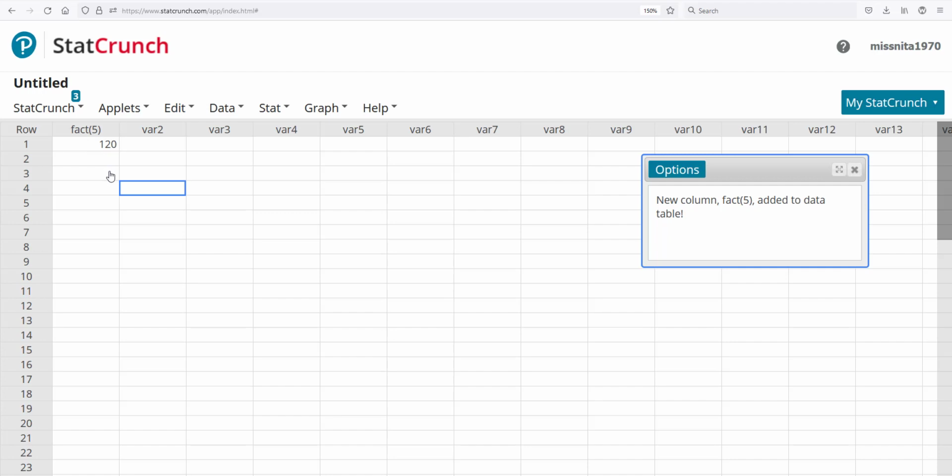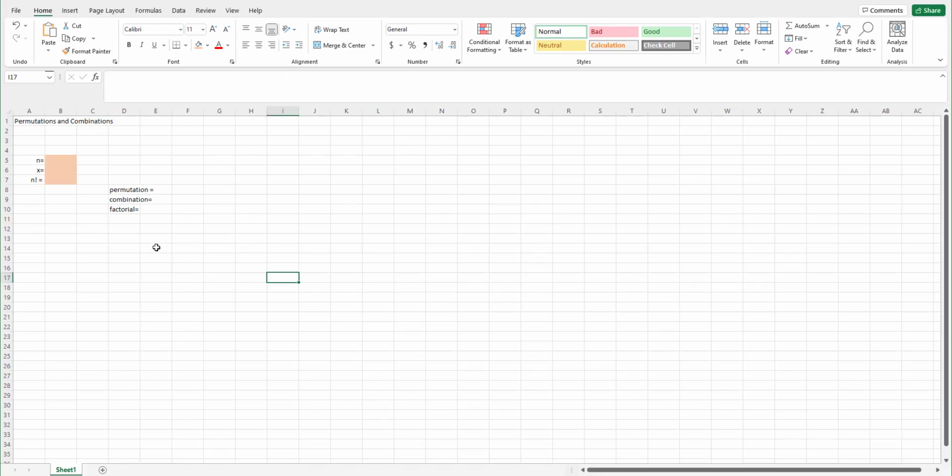Some of these you can do by hand, like 5 factorial, you can do 5 times 4 times 3 times 2 times 1. But if you have larger numbers, then you want to use a calculator. I also did a template where you can put it in. This is a permutation and combination template that I'll show you in a few, but for factorial I have a little cell that says n factorial, and in the column next to it that's colored you can type in 5, you hit enter,